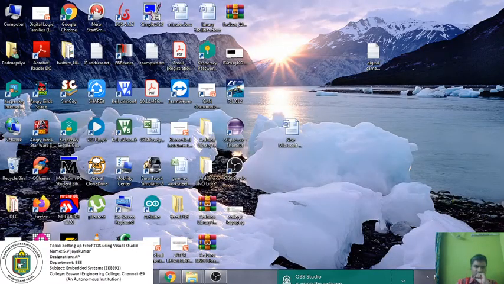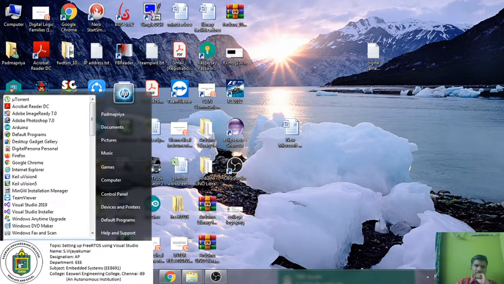Once you install Visual Studio, go to programs. There we can see Visual Studio 2019. Here in the below section you have the installer, where you can install any other software apart from C++. You can install Python or any other programs, but for us we need only C++ development. When you download and install Visual Studio, it will ask whether you want a Python based IDE or C++ IDE. You simply click C++ IDE. That's enough. I already posted one video for reference. You can refer to that video also for any doubts.